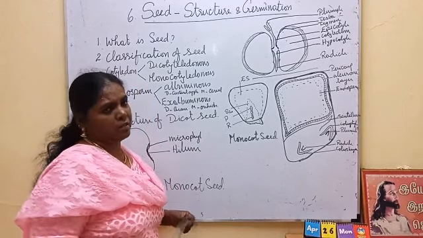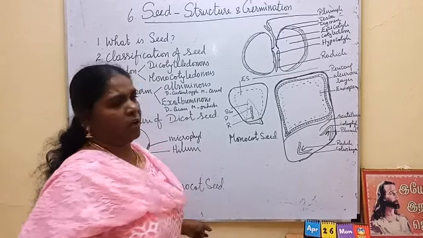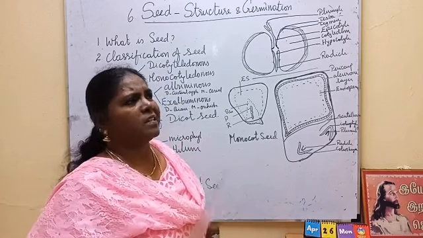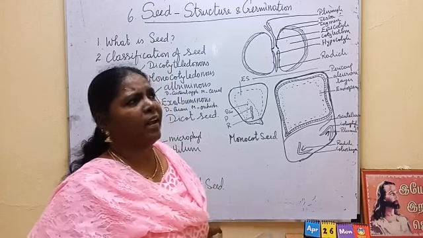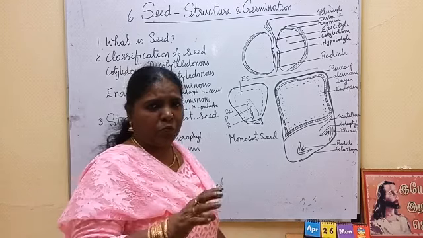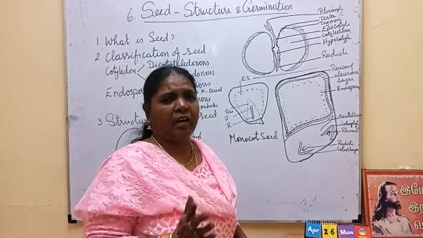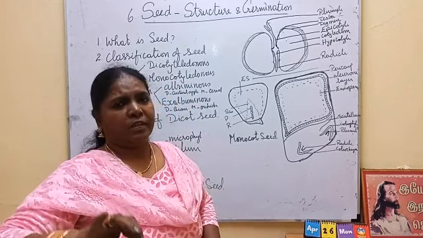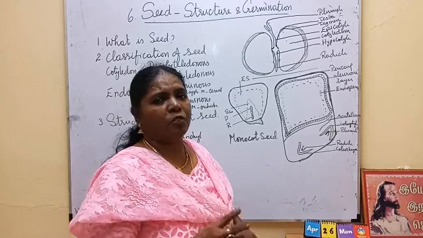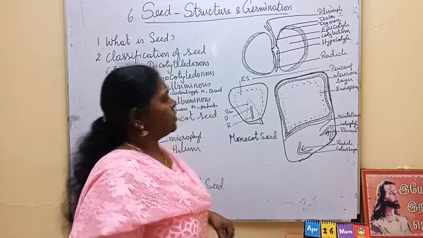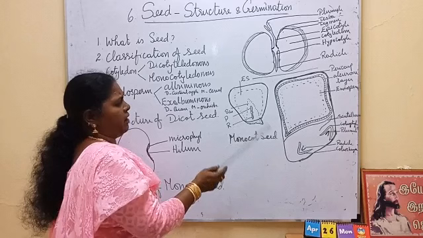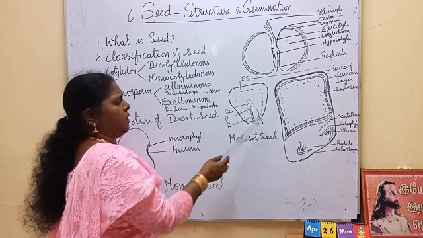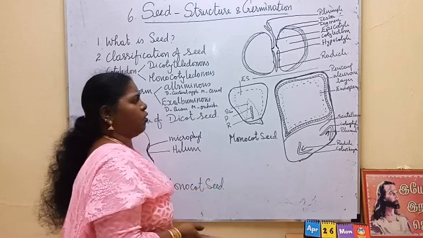Next comes the monocot seed. Here, for the monocot seed, we are going to see the maize grain. Why are we calling it a grain? The difference between seed and grain: a grain is nothing but a fruit, but there the fruit wall and the seed coat are fused to form a thin layer. That sort of fruit is called a grain. If you take rice, maize, all of these will come under monocot.